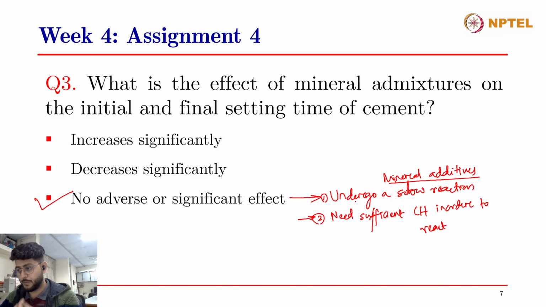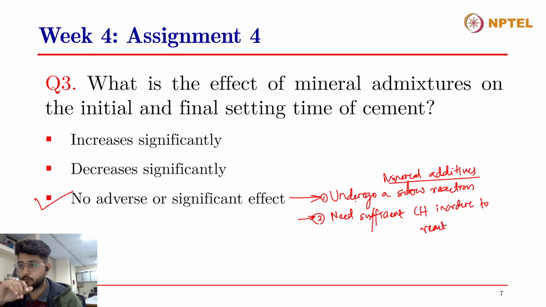So if there is no Portlandite in the system, in the cementitious matrix, then these mineral admixtures are as good as inert fillers. They do not contribute anything towards the hydration products. They do not provide any additional hydration products in the cementitious matrix. So these are the two main parameters that control the late reactivity and late contribution to the strength and durability of these mineral additives. But